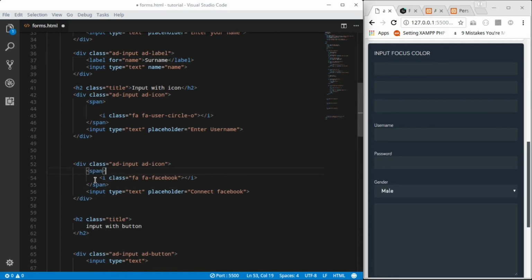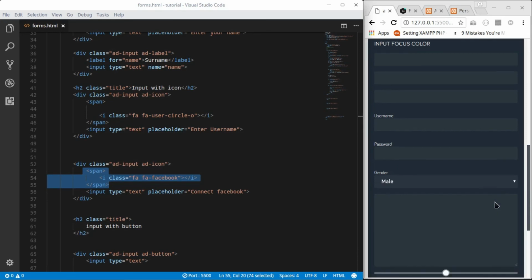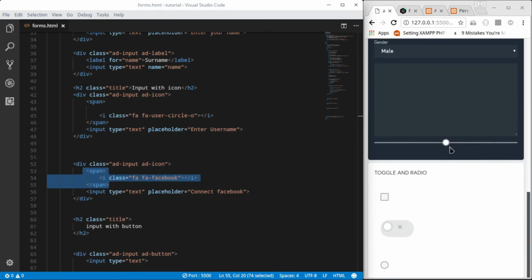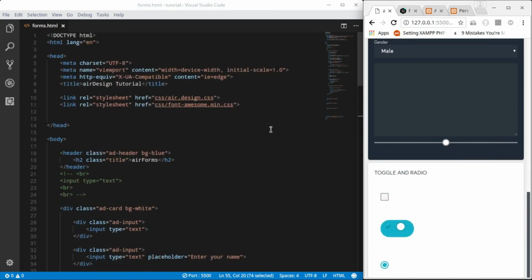And before icon. So checkbox, toggle and then radio here. So we have